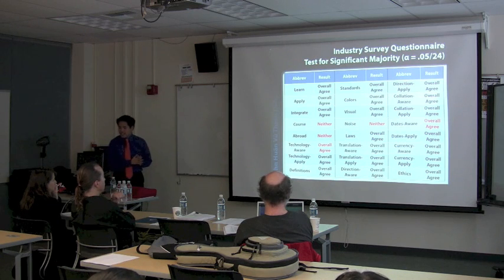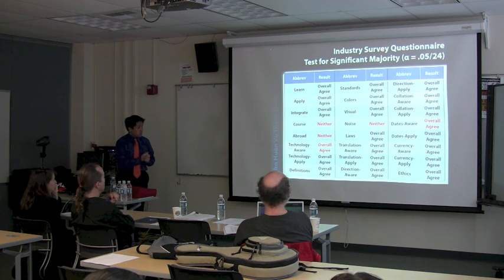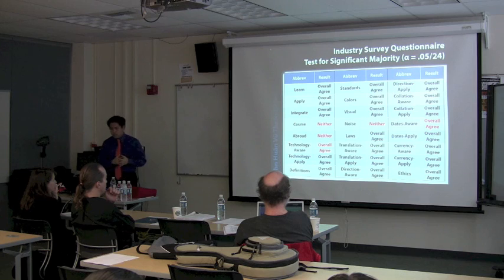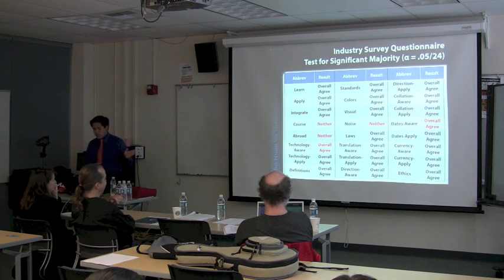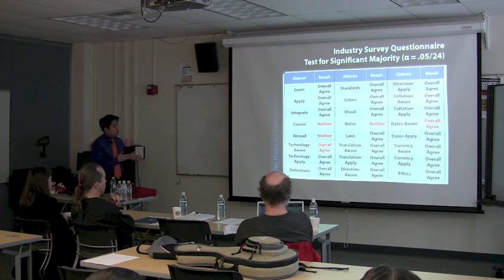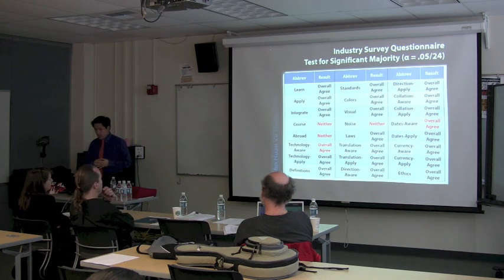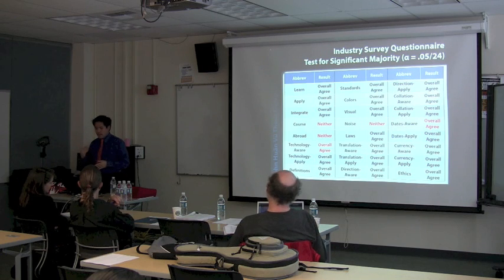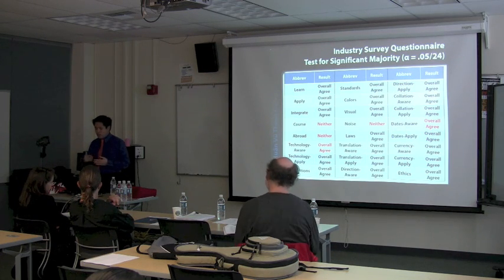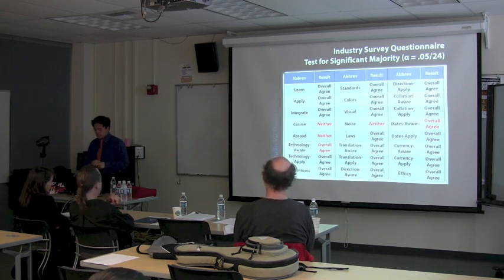Now, this slide tested against a significance value of 0.05 divided by 24, or approximately 0.002. As you can see, the 2 that used to be strongly agreed are now overall agreed. The ones that used to be overall agreed were noise elements, but now have become neither. Now we can say that a significant majority overall agree with 21 out of 24 statements, with 3 with neither. Recall that since each statement increases the probability of type 1 error, this significance level will be used by the final framework for software internationalization.